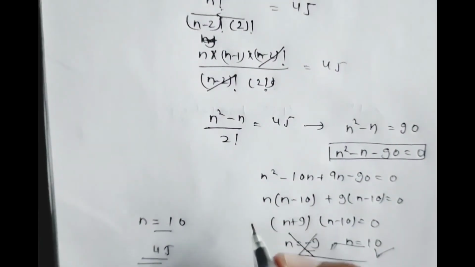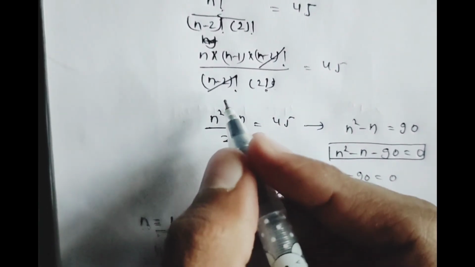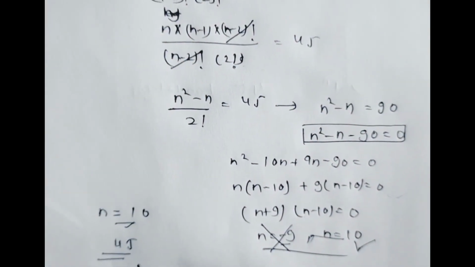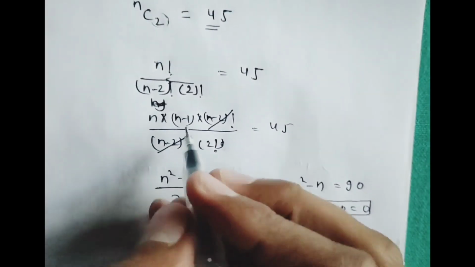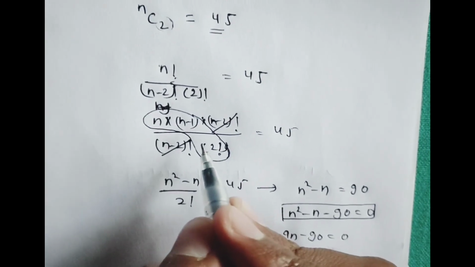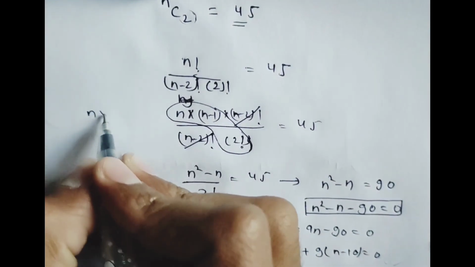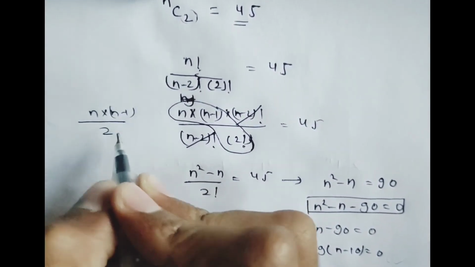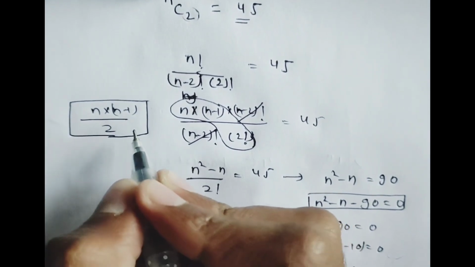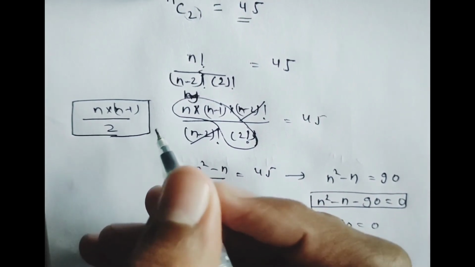So this is the answer by a long method, and you can see here we got our answer as 10 by a long method. So we can observe here that n into (n minus 1) upon 2, by observing this we can say that n into (n minus 1) upon 2 is our short formula for these types of questions, and we can apply this formula directly for solving handshake problems or such types of problems.